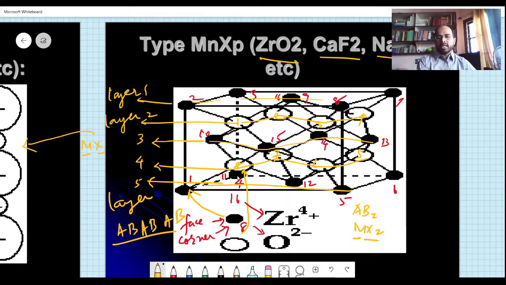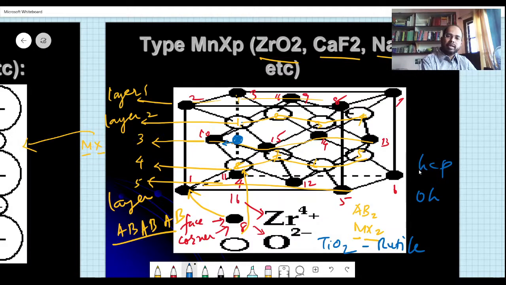And you can see that if you have A, B, and then A is coming, the A and B are not parallel. Suppose if this is exactly on that, A should have come here at this particular place. Okay, but it has moved to this particular place because of the size of this particular ion, and this gives rise to this type of structure which we have seen as a TiO2 structure or rutile type of structure, in which, if you observe closely, you will have octahedral or SCP packing.